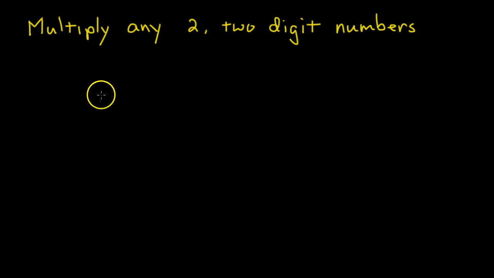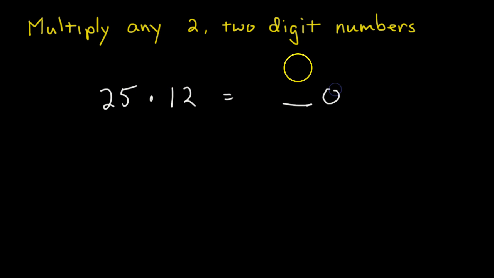Let's say we have, I don't know, 25 times 12, okay? And so what we do is we just leave an empty space, and we're going to multiply the two ones numbers, and that's 5 and 2, and that's 10. So we're going to carry 1 over. Then we do the tens numbers, which is 2 times 1, and that's going to be